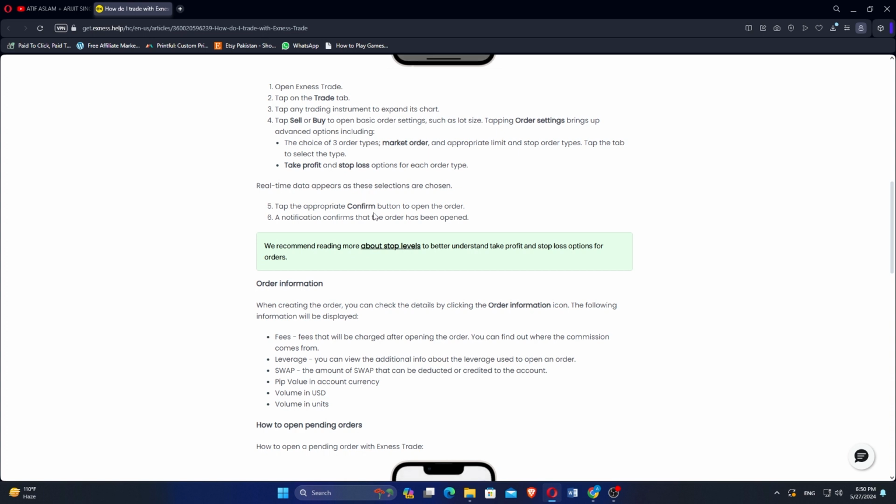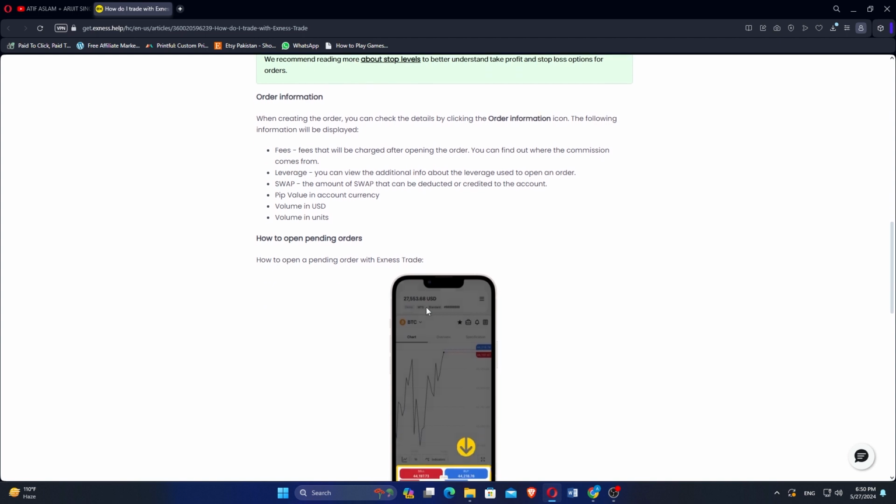When creating the order, you can check the details by clicking the Order Information button. The following information will be displayed. Fees will be charged after opening the order, and you can find out where the commission comes from. You can view the additional info about the leverage used to open an order, the amount of swap that can be deducted or credited to the account, pip value in account currency, volume in USD, volume in units, and then